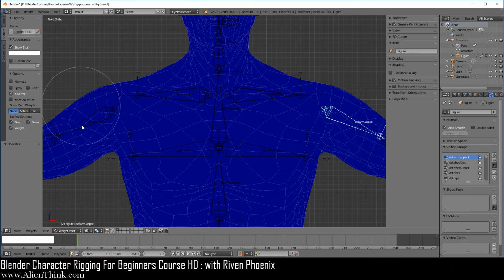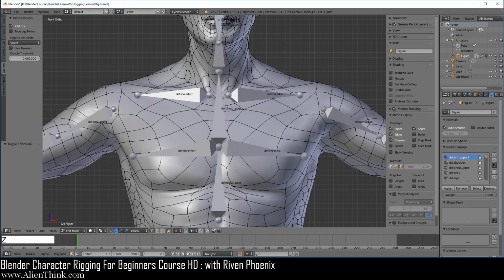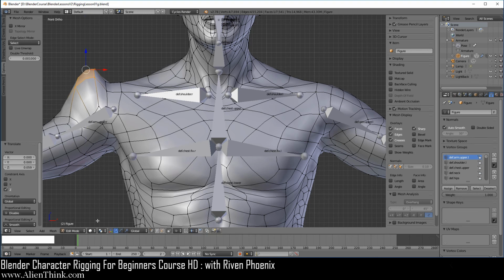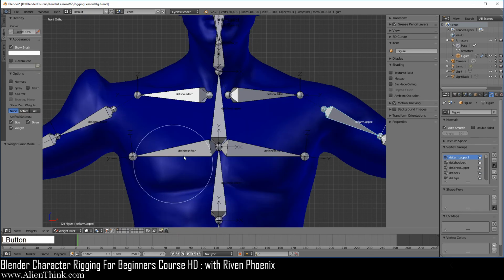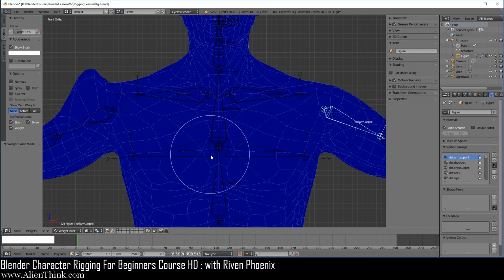Now of course we have to move the vertices, and we can only do this in edit mode. Now watch what's going to happen when we switch to edit mode. Press the Z key. You can't come in here and just start moving these vertices because you have X mirror on. If you move this, it's going to move the other side. Control Z to undo this. You first have to turn this off and now move this all the way up like this or something. Okay, now let's switch back to Weight Paint mode and press the Z key to go back to wireframe.